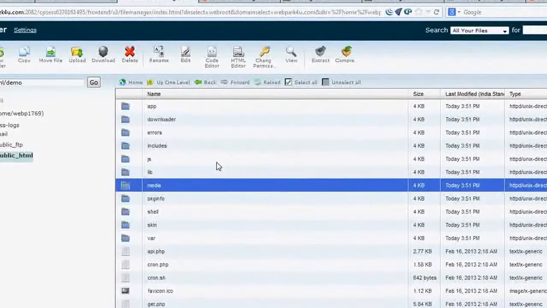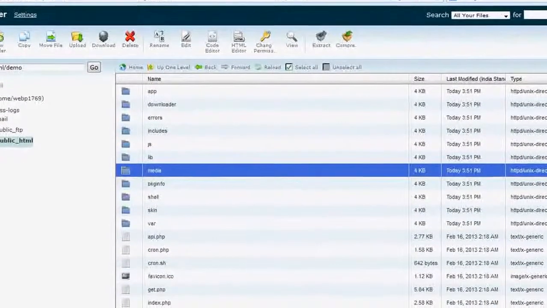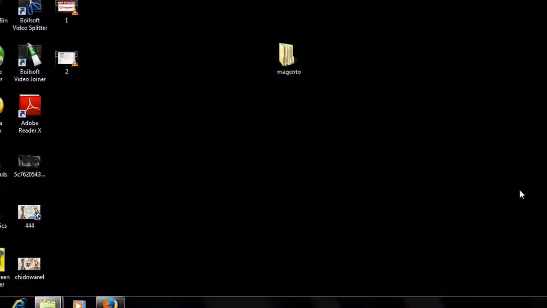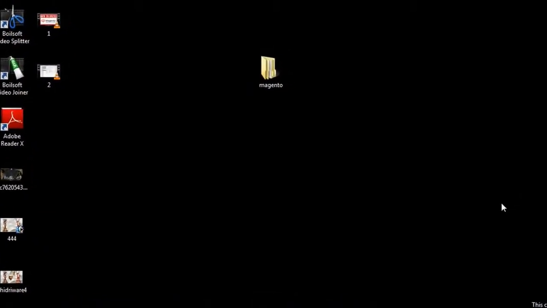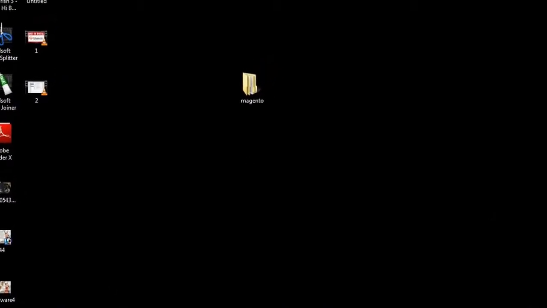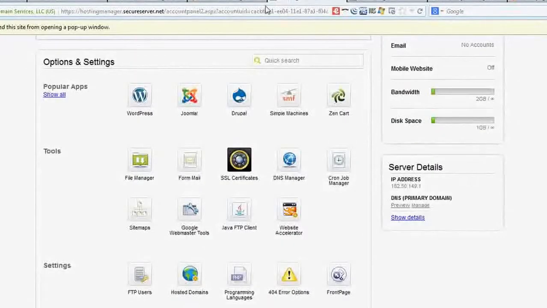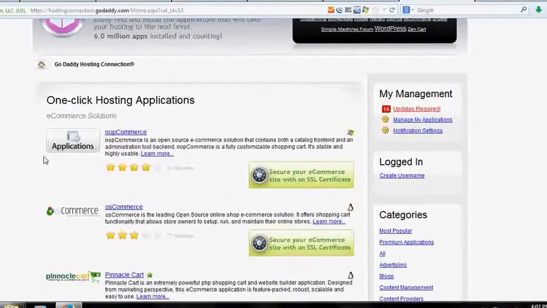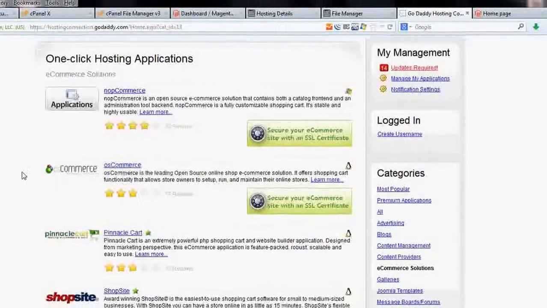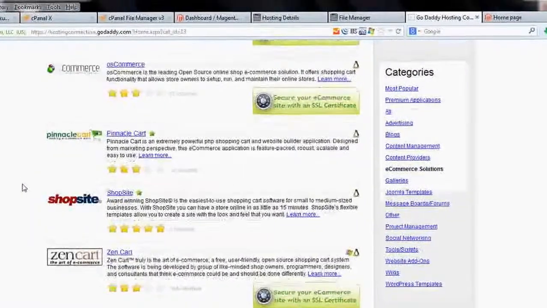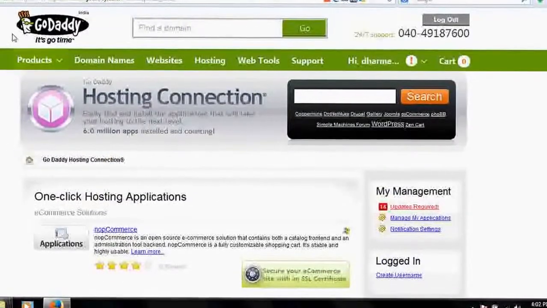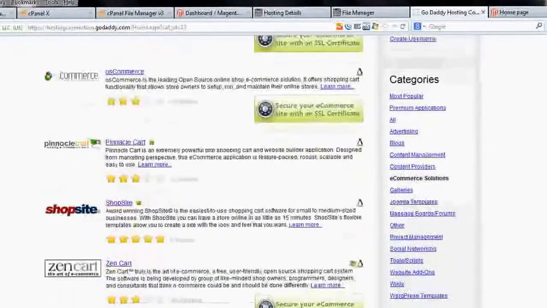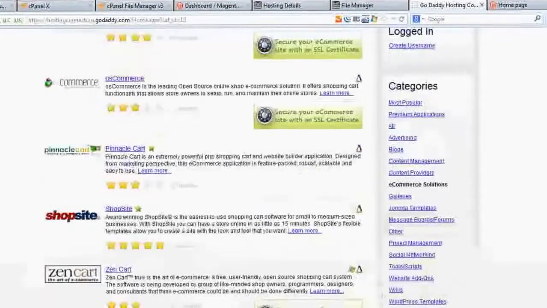So this is the part used for installing Magento with one-click installation support. But now I will show you how to install if your service provider does not have a one-click installation facility for Magento. Suppose GoDaddy has no one-click install for Magento Commerce.